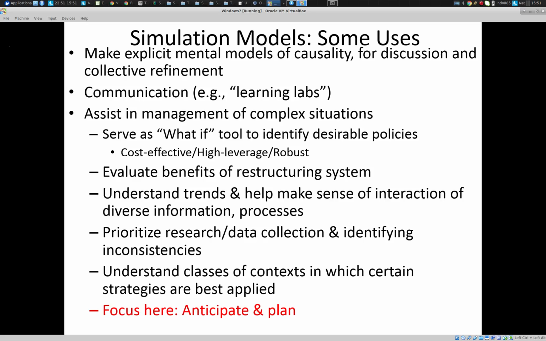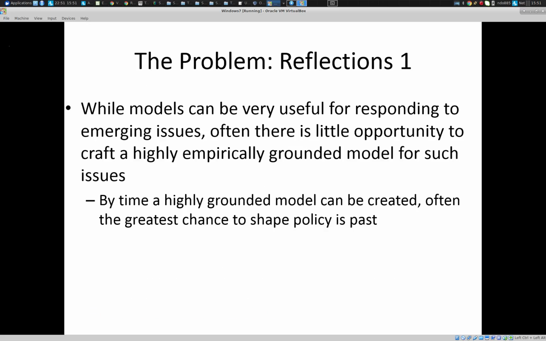And equally, or even more importantly, to ask what-if questions, to identify interventions that are likely to be high leverage. Now, the challenge that faces me as a practical modeler, working with groups in Public Health Agency of Canada or various ministries of health